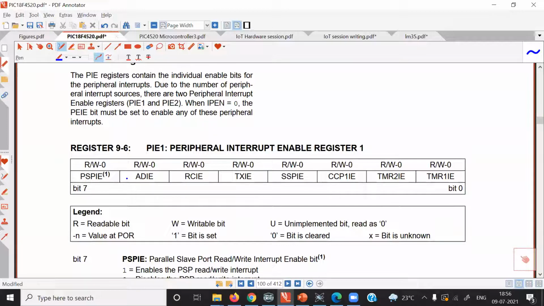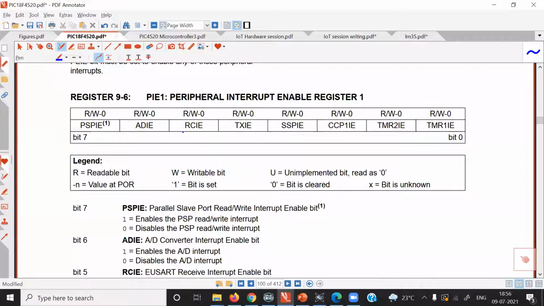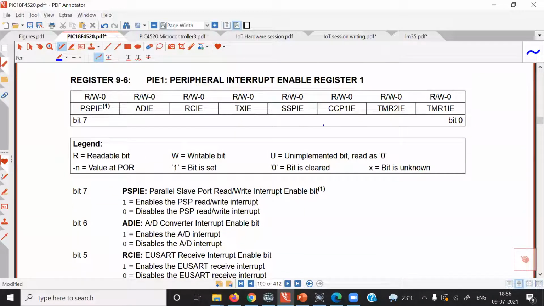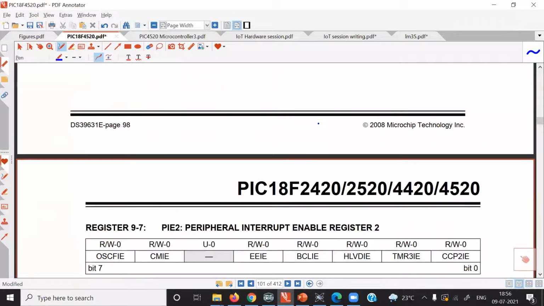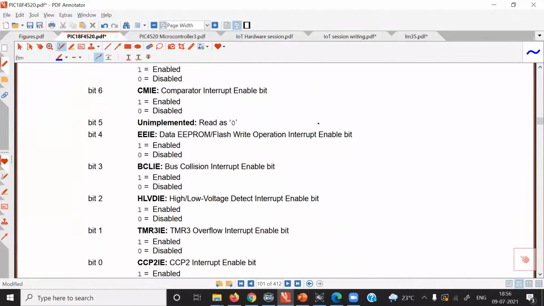So polling method of checking the end of conversion for ADC is already discussed. So with the help of interrupt also you can do it. So with the help of these interrupt enable bits, we can enable or disable required interrupt source. When these bits are 0, corresponding interrupt source get disabled. So there are two such registers, PIE1, PIE2.